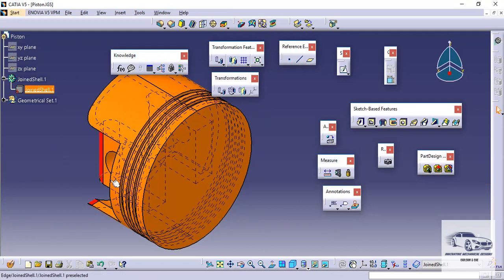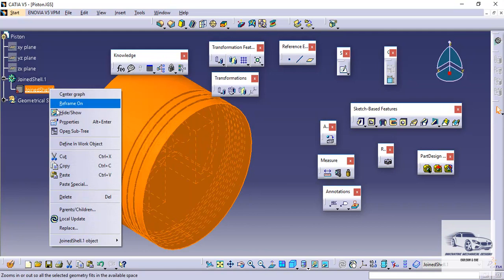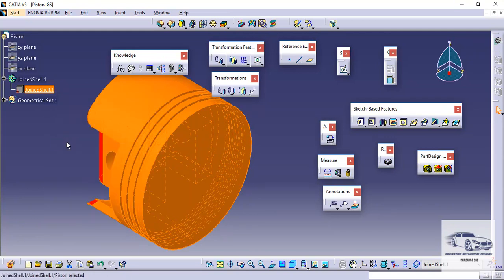In my example, this message has not been displayed since I have already made it the current object. But always before going into this tool, just right click here and select this option, define in work object.